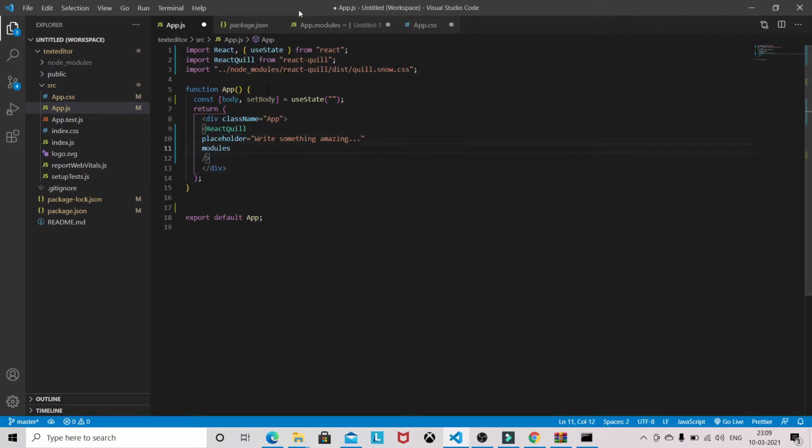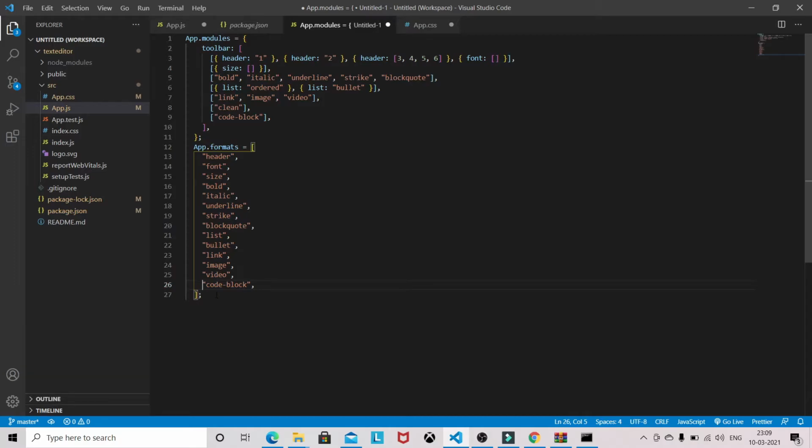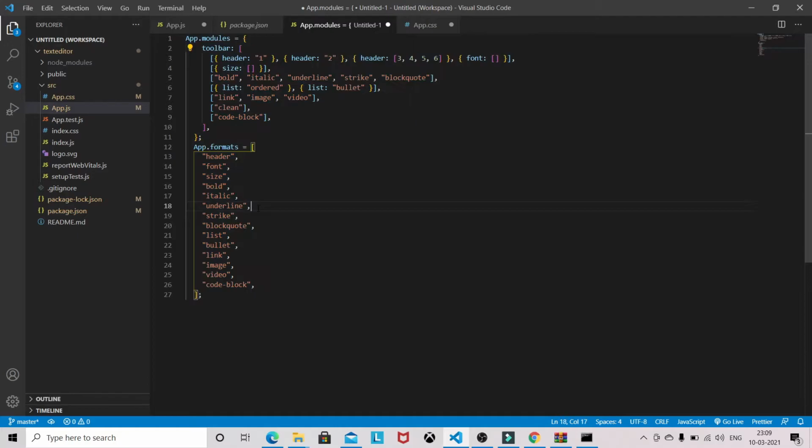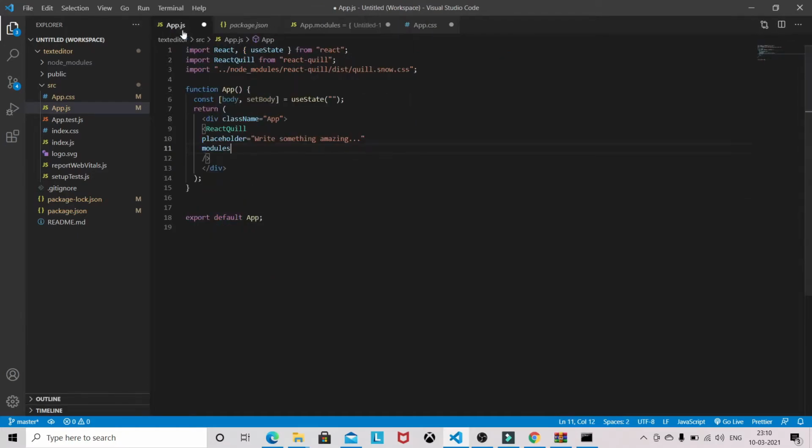Modules. We need this modules to get all types of font, bold, italic, or underline, and in order to insert image, video. So all this toolbar and format we need here.